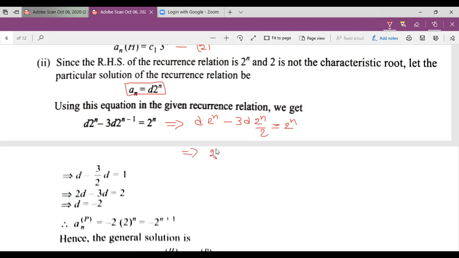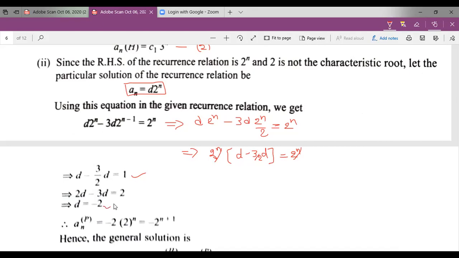So we get 2^n common and in brackets d minus 3 by 2 d is equal to the right-hand side 2^n. On both sides 2^n will be cancelled and the remaining d minus 3 by 2 d is equal to 1. So taking LCM, 2d minus 3d is equal to 2. So from this we get d is equal to